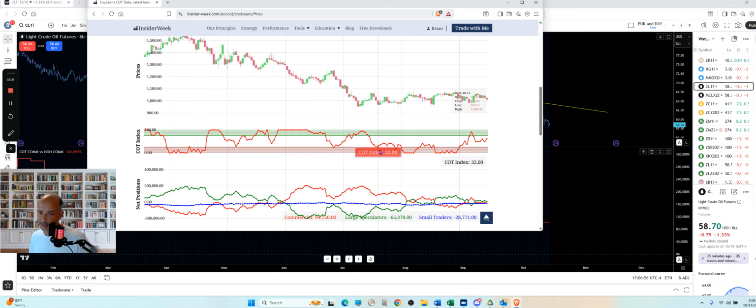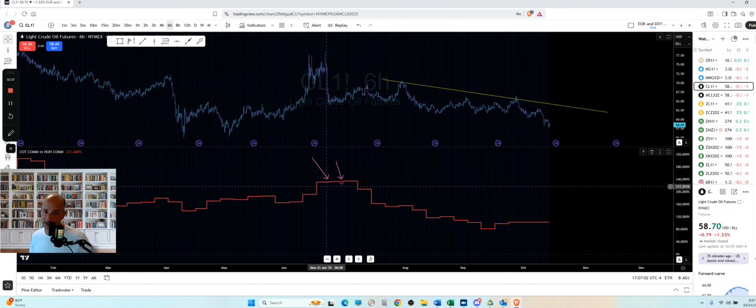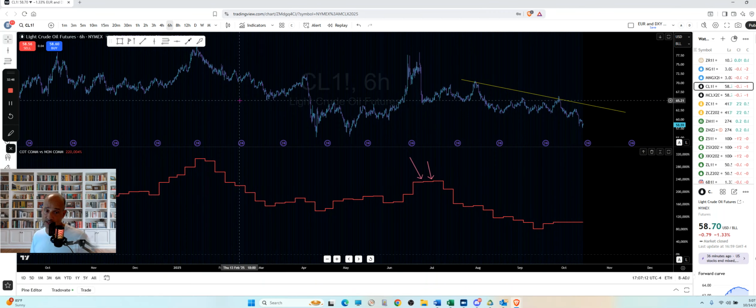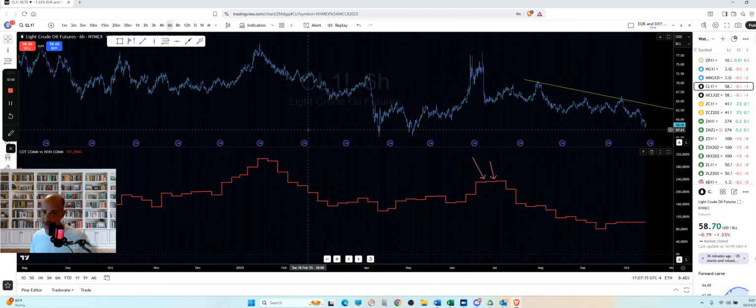It's a nice clean way to look at it. But this can have severe delays as well. So this is basically the same data. It's just showing you the raw COT data in this stair step fashion, and you can follow that too. Okay. So I don't want to confuse things. It's still using COT data. It's just how it shows it.